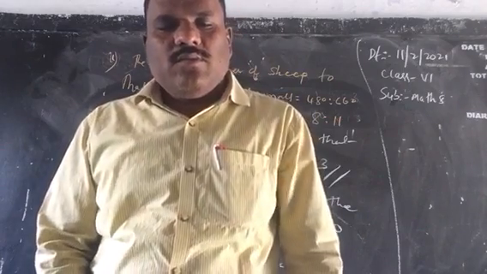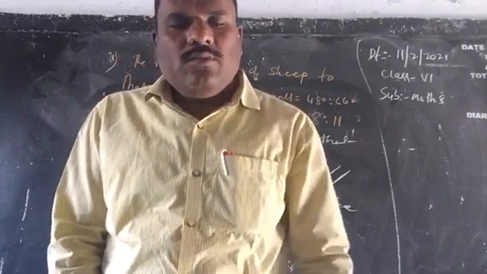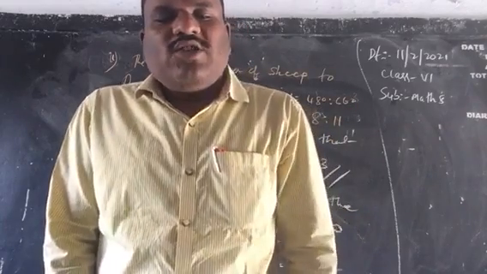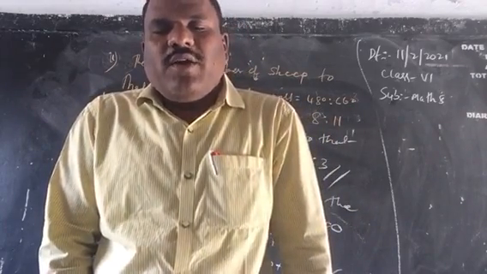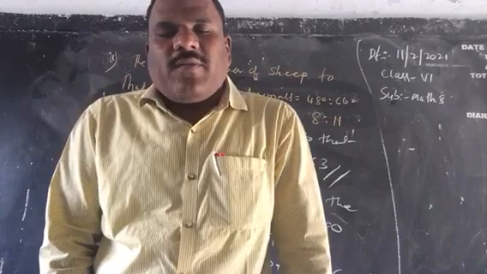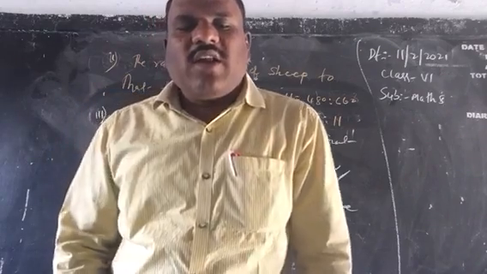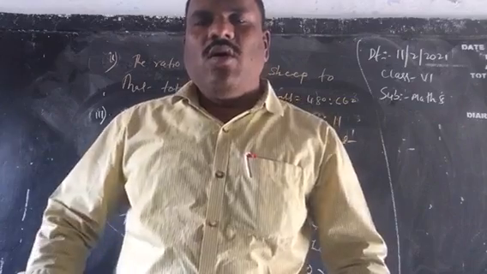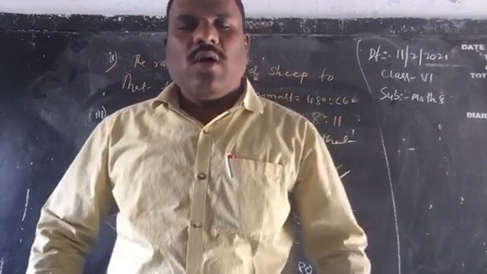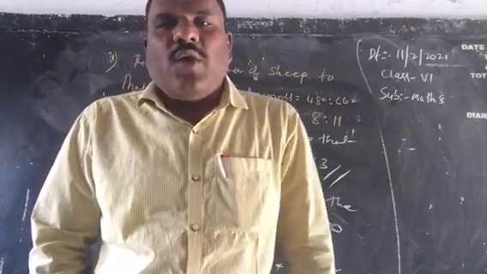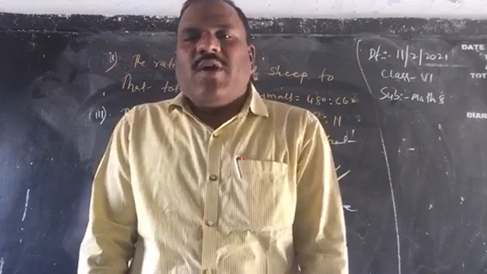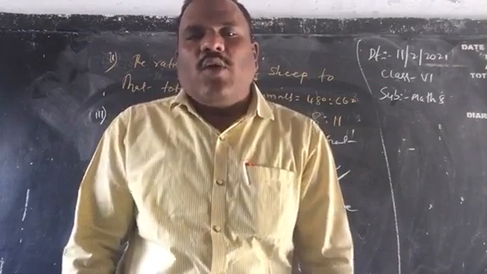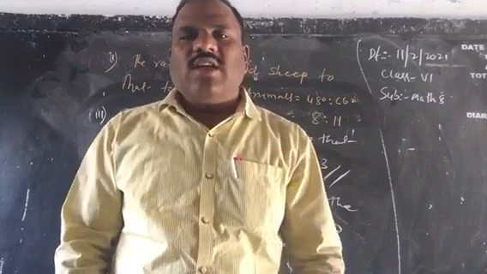Okay. And next, the 12th, children. The 12th also you can do. Very easy it is. Find the ratio of the length to the breadth of your classroom. You can find that out on your own. Up to 12 sums you can do it, children. Whatever sums I explained, you can copy in your classwork. The remaining 10th, 11th and 12th you can do yourself in classwork and send to me tomorrow.